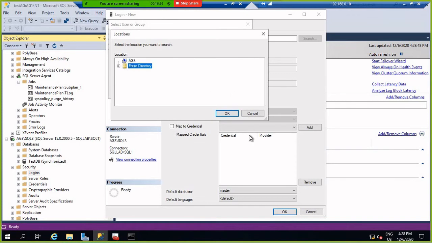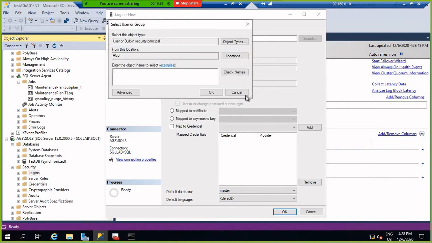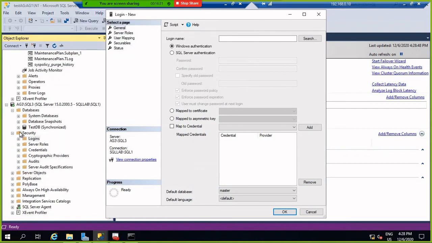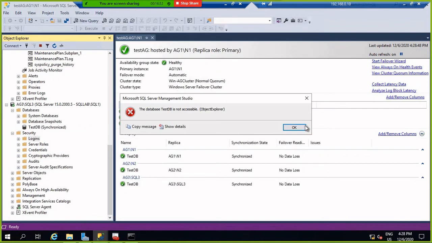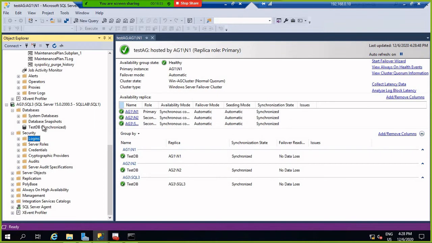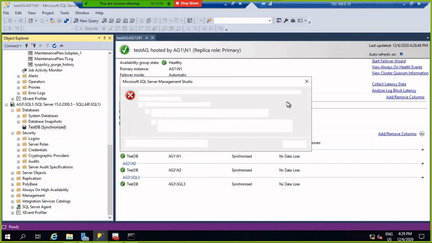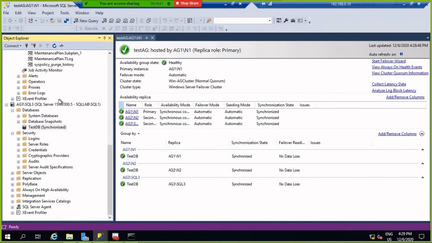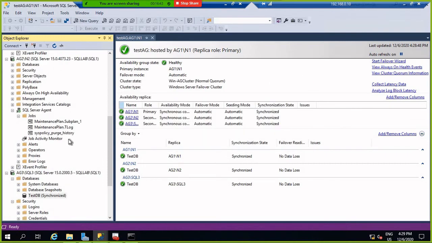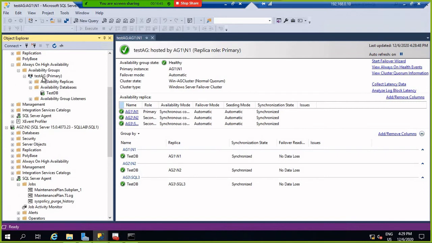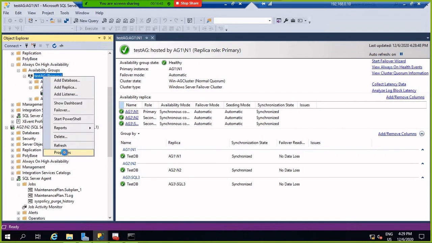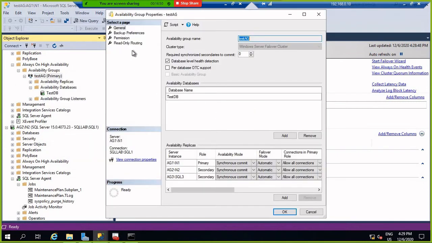I will show you here. If you just see that, okay, it is not accessible here. Okay, first let me do one thing. Just change it so that it is accessible, so that I can show you whatever changes I have made.